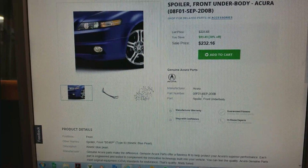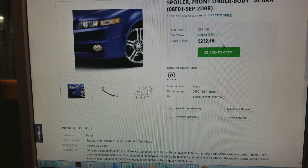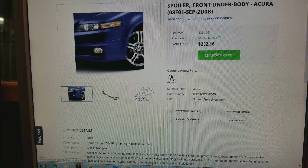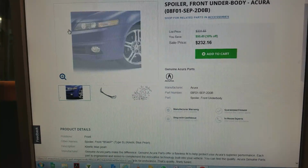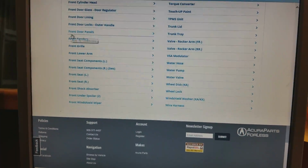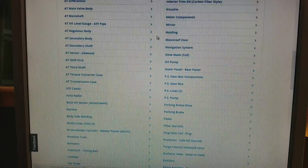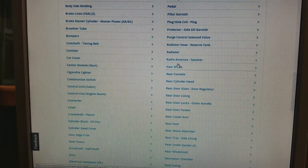See, they're showing you the part number for it. It comes fully painted. It's $232.16, but they're gonna charge you a shipping price. And this is the front, and then you scroll over to the second row and you go down to the rear